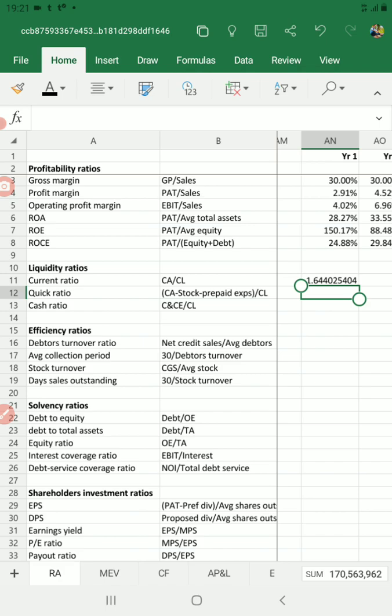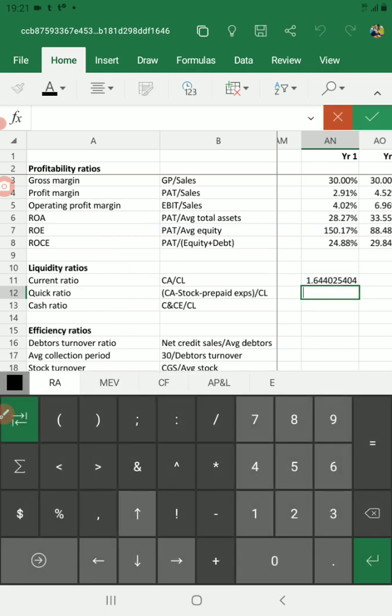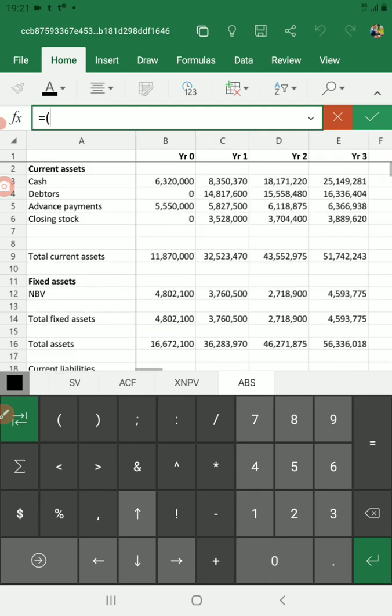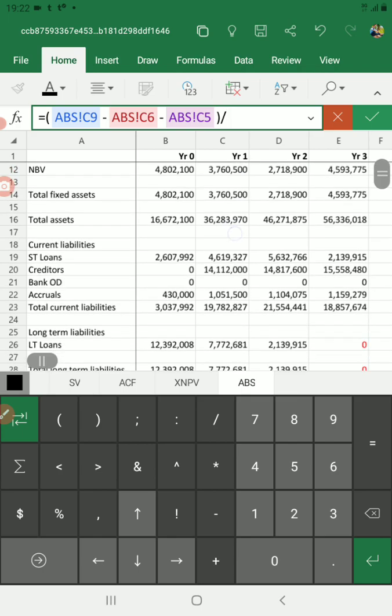So quick ratio, start with an equal sign, and then open the bracket, and then go to current assets, annual balance sheet. Let me look for the annual balance sheet, which is here. Then total current assets, which is this figure, minus closing stock, minus advance payment. Close the bracket and then divide by total current liabilities, this one. Press enter,